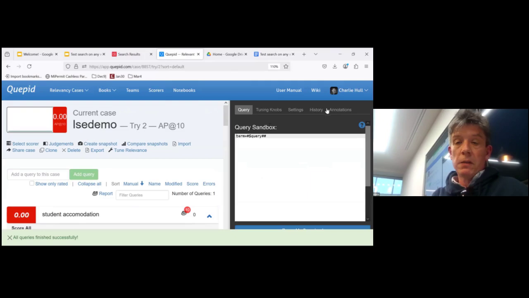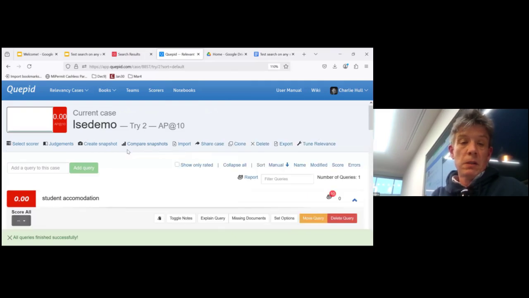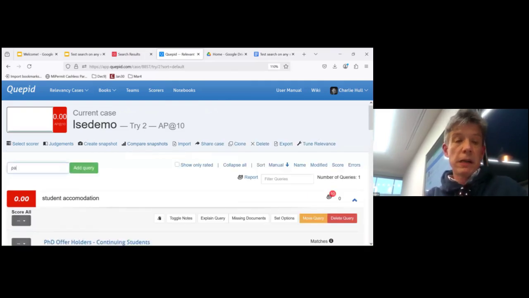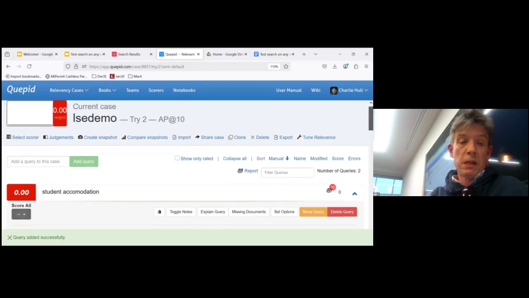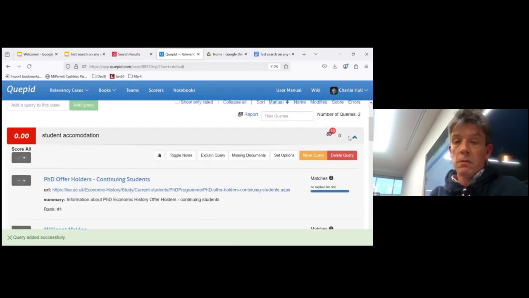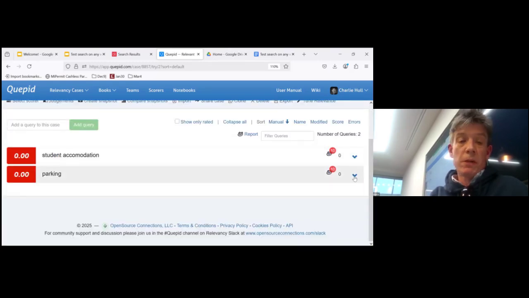That should work. Let's try parking. As you should be able to see, I've also got some results for parking.